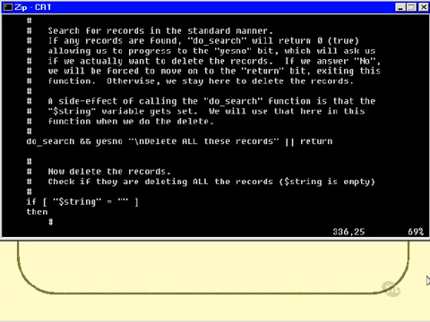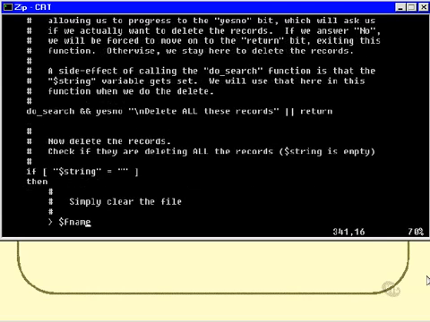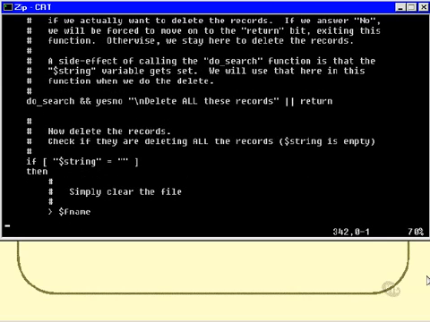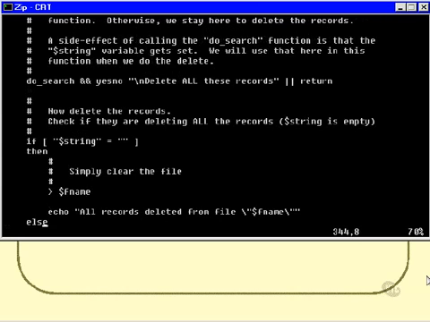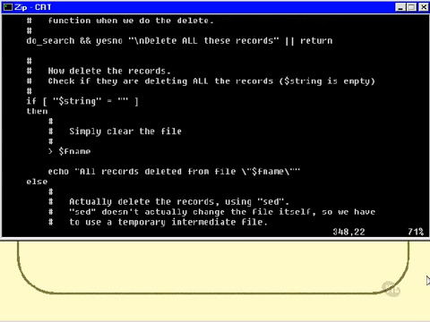Now if this is a special case, I guess, that if they just pressed enter when they were asked for that particular pattern, in other words the string that they entered is empty, then just clear the file, because they've asked essentially to delete all the records, so we'll just start again with an empty file rather than doing any of the other complex processing down below. So we can say all the records have been deleted, and then otherwise if they did enter a string,